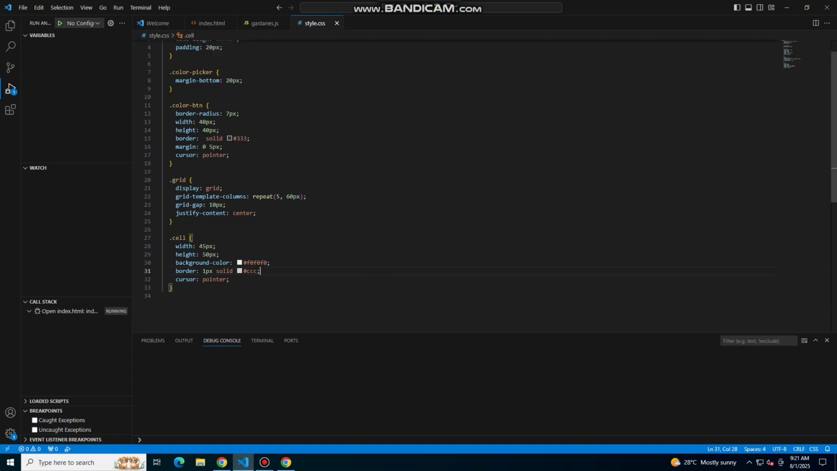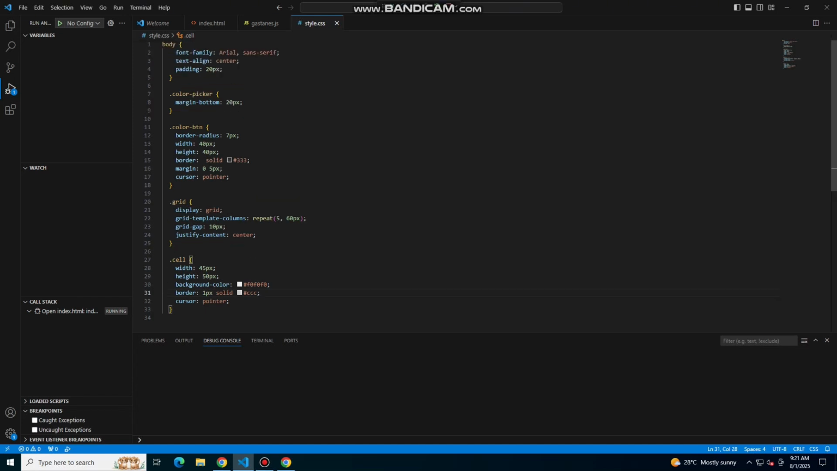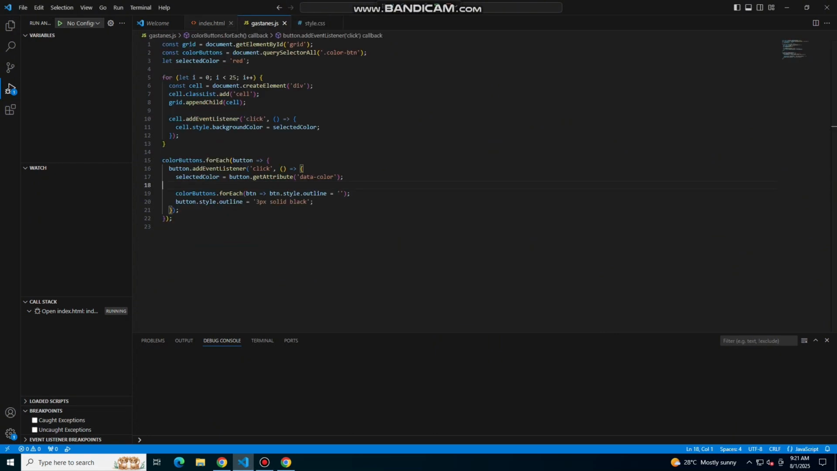So the grid has display, grid template columns, grid gap, and justify content. These are the styling of the grid container, ma'am. For the grid gap, I chose 10 pixels. It adjusts a 10 pixel gap between the cells, ma'am, both by row and by column. I also added a 10 pixel gap between cells, ma'am, for both rows and columns. Styling each grid cell, ma'am, my width is 45 pixels, height is 50 pixels, which sets the size of each cell, and